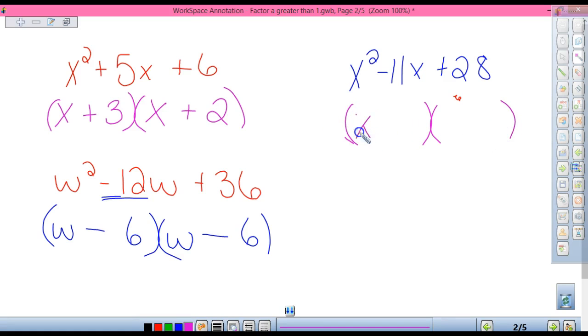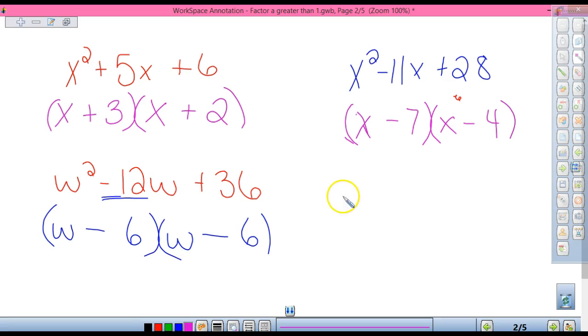X and x. What's an option for 28? 7 and 4? Oh, this isn't the problem I wanted, but you're right. 7 and 4. What are my signs going to be? Negative and negative again. Good. Okay. All right, one more, because I put up the wrong one that I didn't want, but